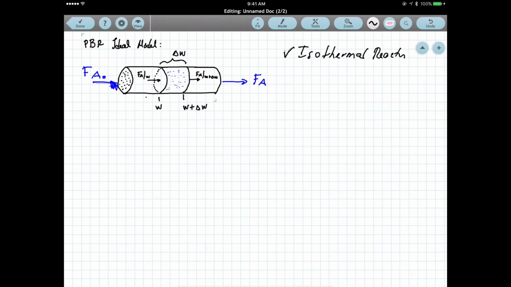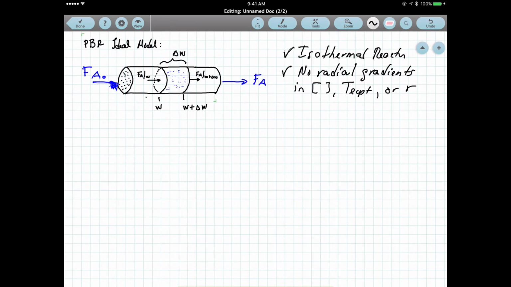We also assume no radial gradients in concentration, temperature, or reaction rate. Once we do that, we can start doing the mass balance or mole balance in this case